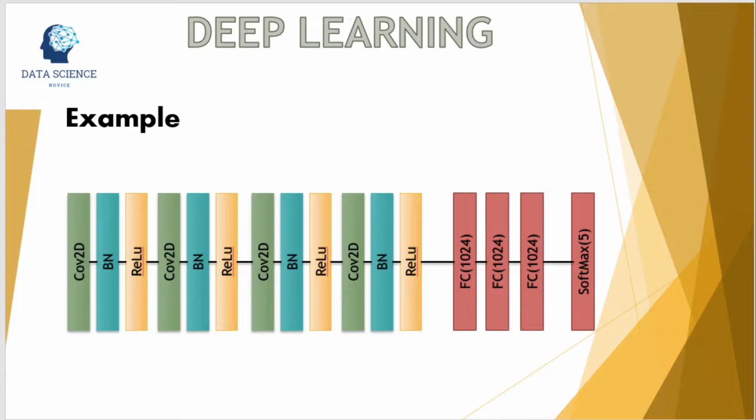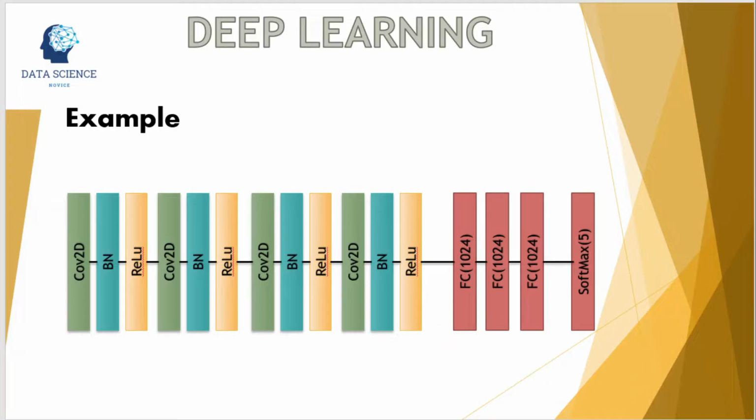So let's understand this using an example. Here we have a CNN. It has a first convolutional layer, then a batch normalization layer, and then an activation layer. And this block is repeated 4 times, followed by 3 fully connected layers. And this network is able to classify the images into 5 categories. Let's change the situation, and now we have 5 new categories of images in the same data set. So now we have to classify 10 categories instead of 5. So one thing we can do is to train the whole network again, and this will take a lot of time since the amount of data has increased and we are training from scratch.